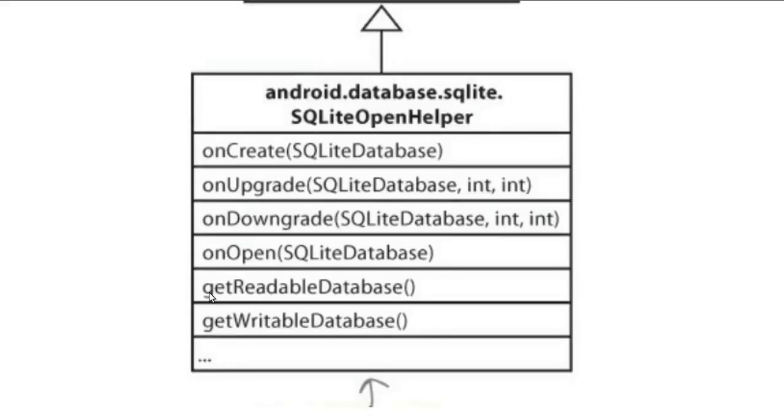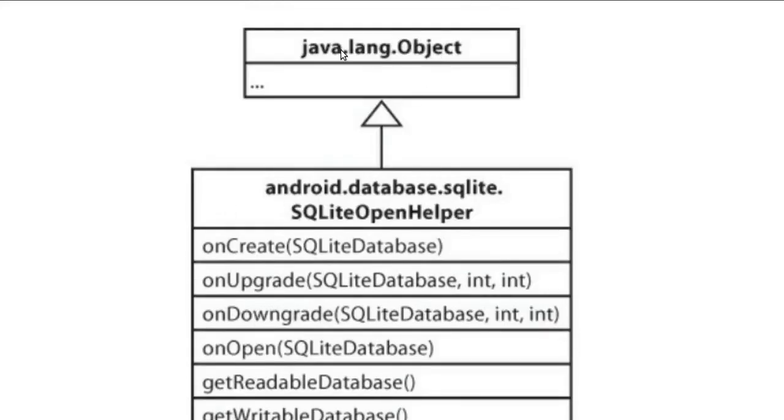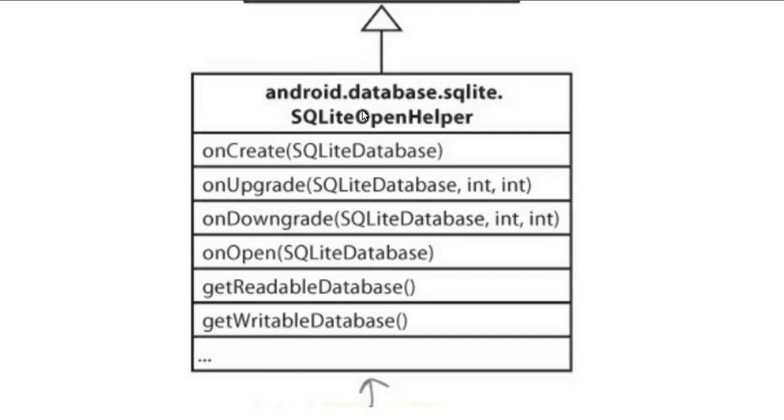So that is the main class that is inherited from the Object class. In Java all the classes are inherited from the Object class. Then we have the onCreate and onUpgrade methods that we have already discussed. In onCreate the parameter is the SQLiteDatabase, and onUpgrade has the SQLiteDatabase and ints. Here the ints mean the previous version and the new version. Similarly we have the option of downgrading a database, and we have other methods also like onOpen and getReadableDatabase, but we need to remember only these 2 methods, onCreate and onUpgrade, because we use only these 2 methods in this example.